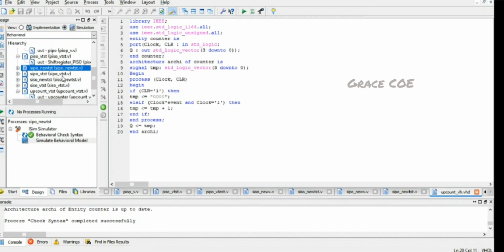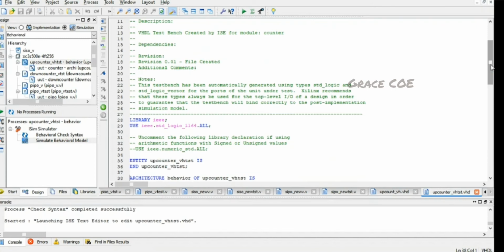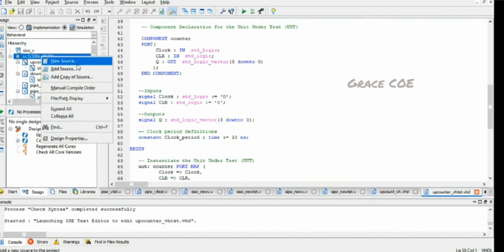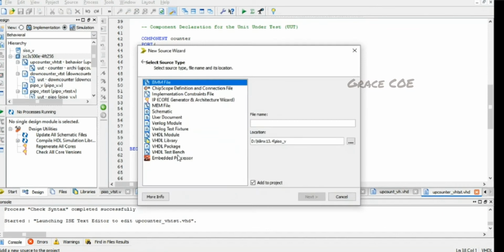Okay, so we have checked the syntax now and we'll be simulating it. So once we have checked the syntax, we'll be creating the test bench. For creating that, we'll right click on the device, go to VHDL test bench, give a file name.